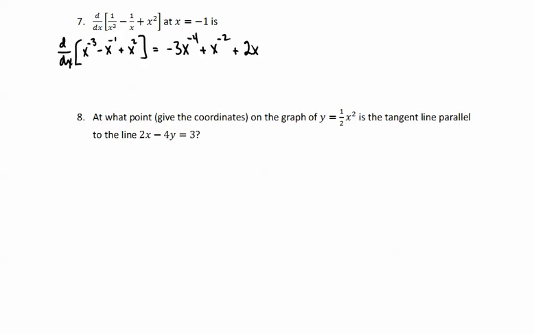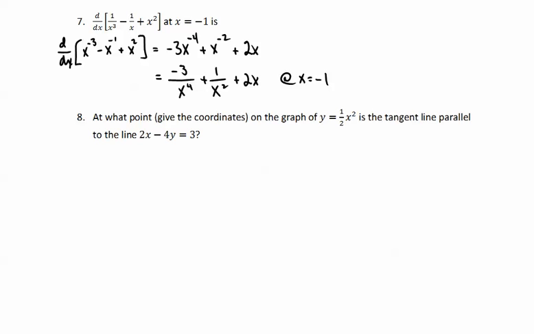If we want to rewrite that, it would be negative 3 over x to the fourth plus 1 over x squared plus 2x